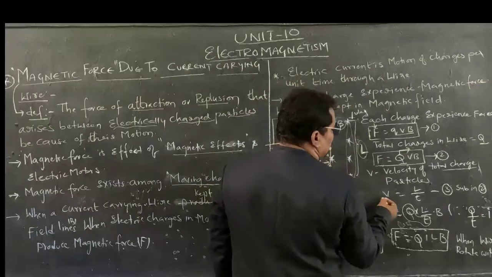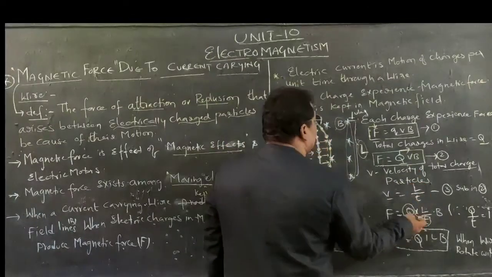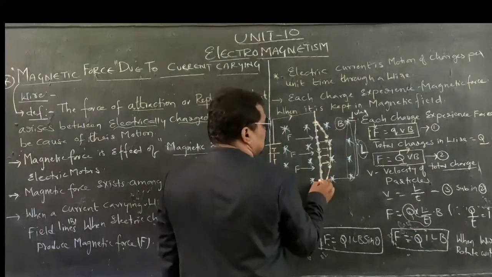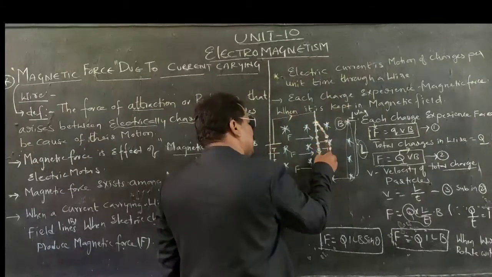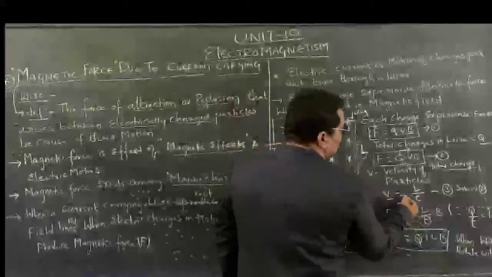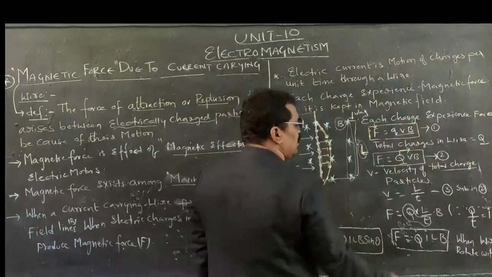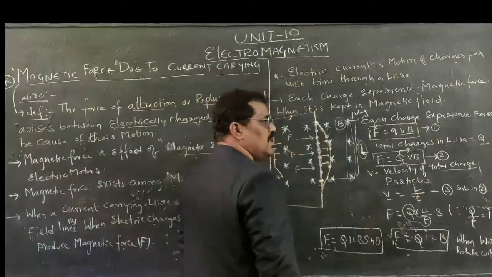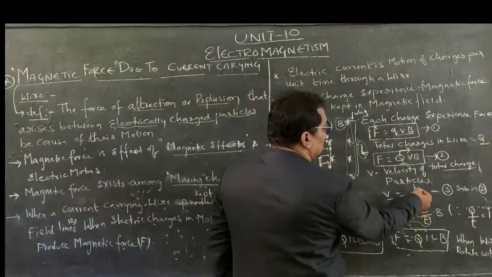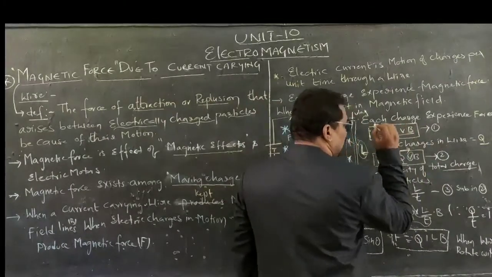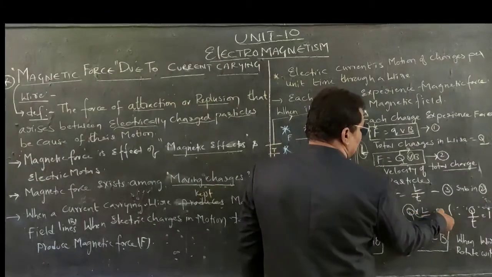Therefore, the velocity of the charge particles is nothing but the total displacement per time interval. How much distance is it? This much distance is what each and every flowing charge particle travels. So the displacement length is capital L, and the time interval is T. v = L/T. Substitute this L/T in the place of v. Then F = Q × (L/T) × B.